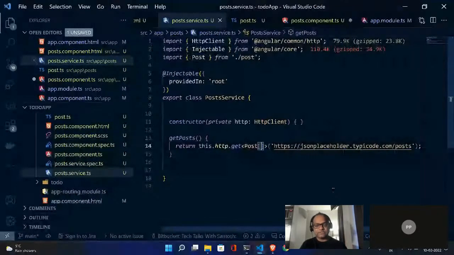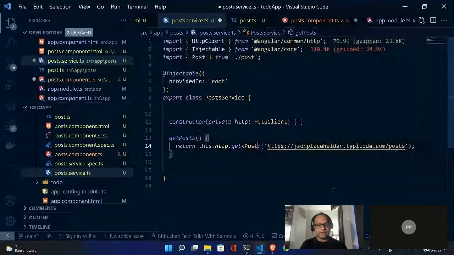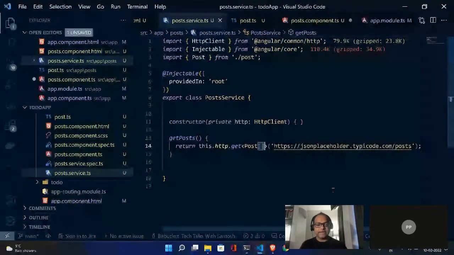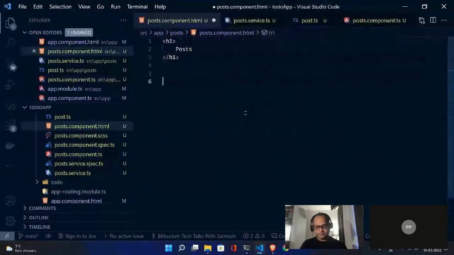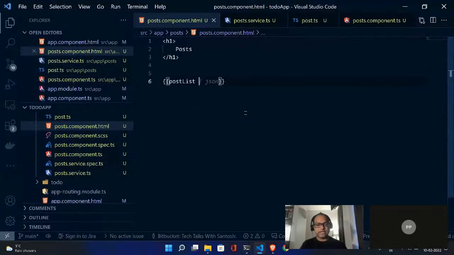Just remember this. If I remove this, you will not get similar data, right? So I'm saying, okay, this is a list, and now let's go back to the component and the error is gone. So we don't have this error anymore. Now let's go ahead and try to display this information by using interpolation syntax. And we will see one more issue here.